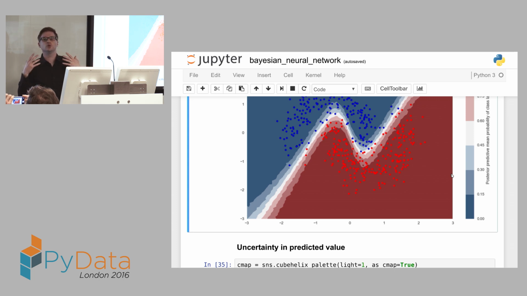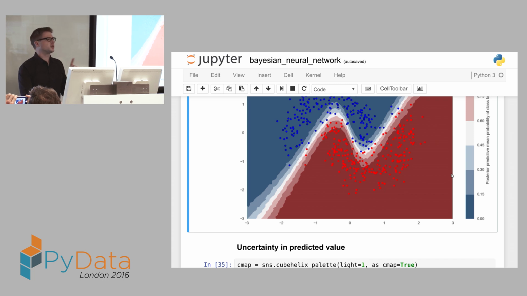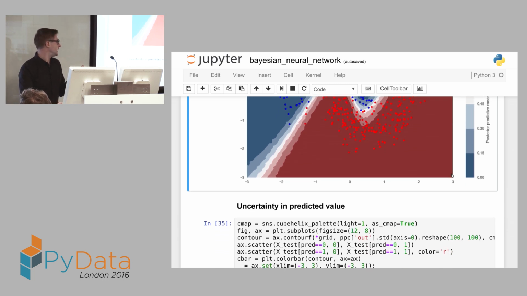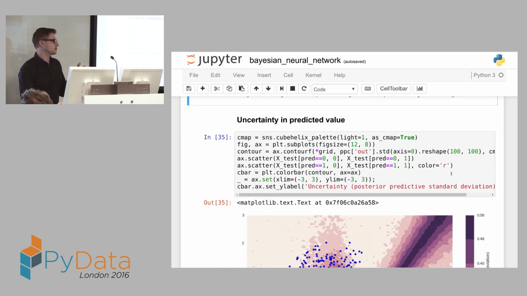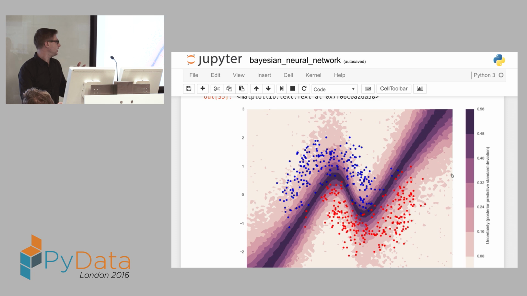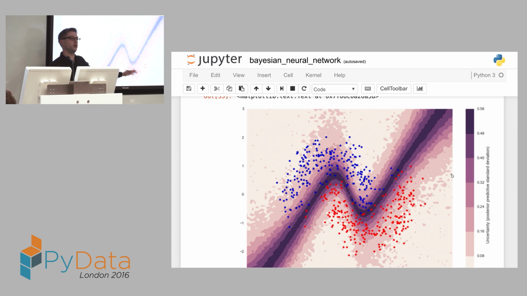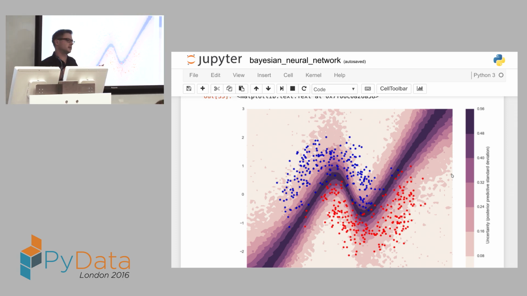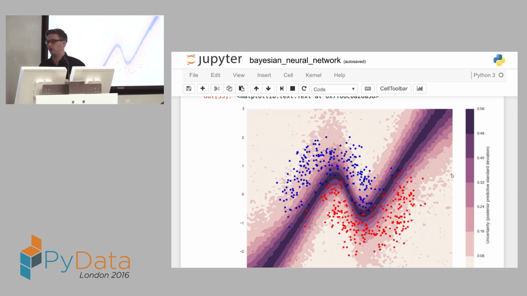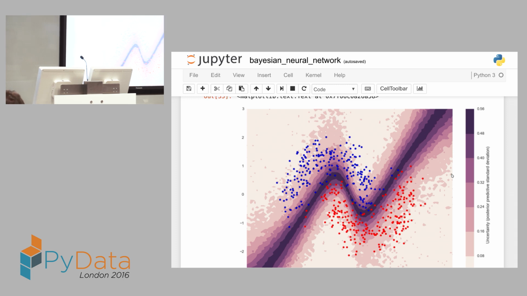And then, so far that is everything you could have done with just plain neural networks, right? So we haven't really made use of the fact that we're using Bayesian statistics other than that we get uncertainty in these parameters. But something that you can't do otherwise is now, as I mentioned, get uncertainty in your predictions, right? And I can just plot the variance of that space that is getting predicted. And it's looking as you might assume, right? So we're very confident in answers over here. But as we get closer to that boundary, our uncertainty in these predictions increases. And that's really powerful if you imagine in practice, if you want to make real world decisions, right? I mean, if you train a model to predict whether someone has cancer or not, you better tell them the uncertainty in that prediction, and not just yes or no.